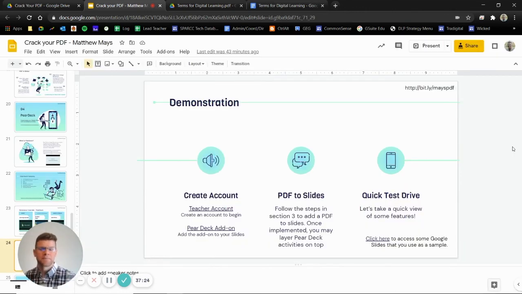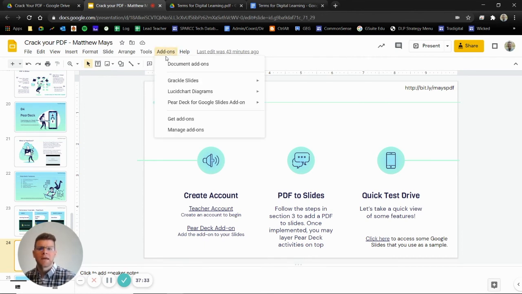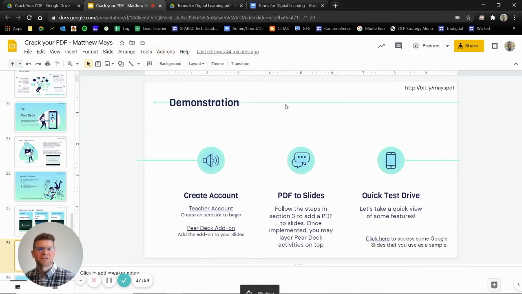So I'm going to hit escape here so that you can see what this looks like. Add-ons are located up here at the top. When you select add-ons, you can scroll down to where it says PairDeck for Google Slides add-on. Again, this is after you've added it. If you have never done so before, just click add-ons, go to get add-ons, and then you can search for PairDeck, as well as a whole bunch of other add-ons that might make your life a little bit simpler. So once you have it, you can choose Open PairDeck add-on, and